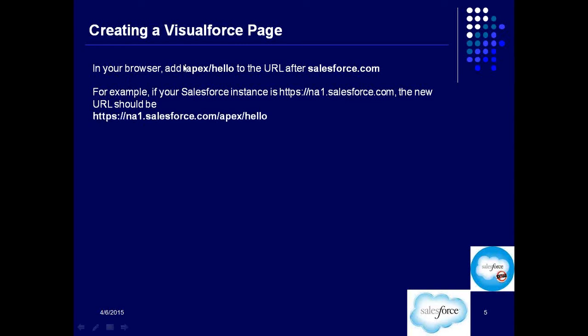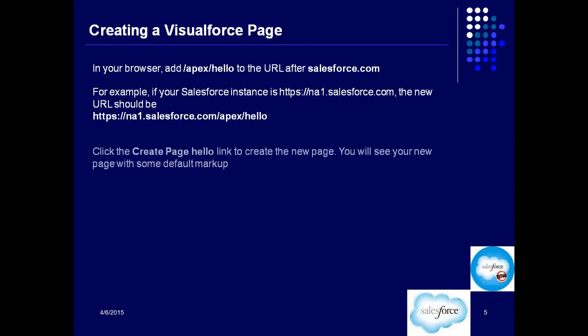So in your browser, add /apex/hello to your URL after salesforce.com. Hello is the page name in this case. Press enter, click the create page hello link to create the new page, and you will see your new page with some default markup. So there's some default markup already there.